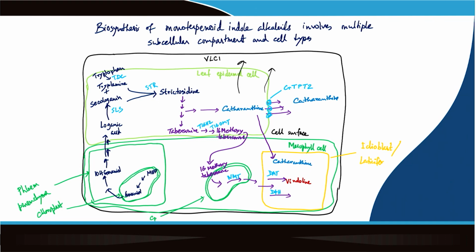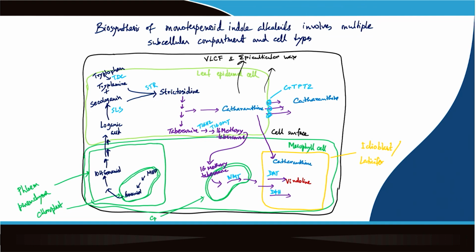Very long chain fatty acid plus this epicuticular wax, these accumulate there. Now, the question is what role catharanthine plays, and the second point is that although sufficient catharanthine is produced in the